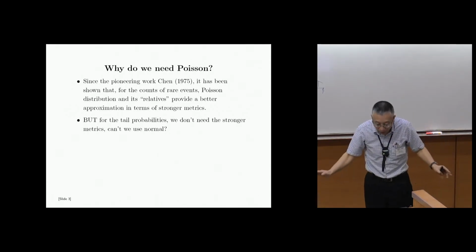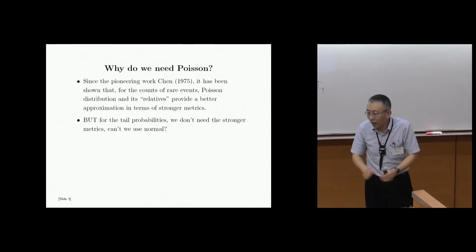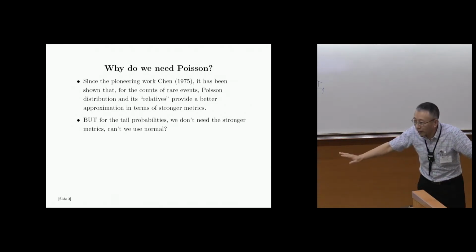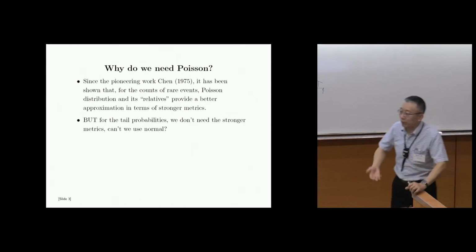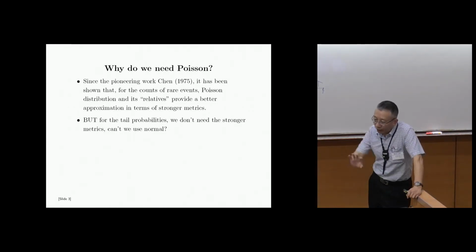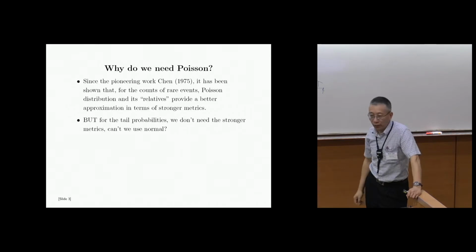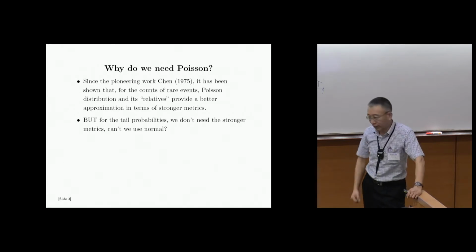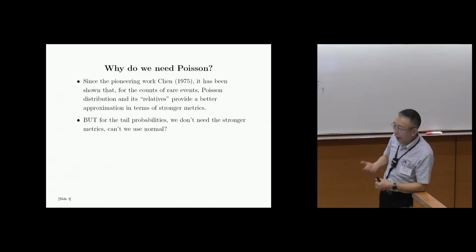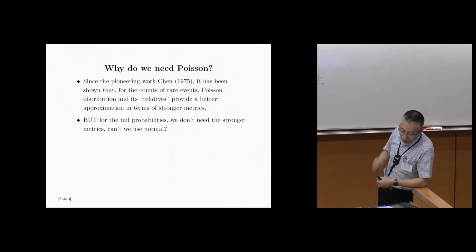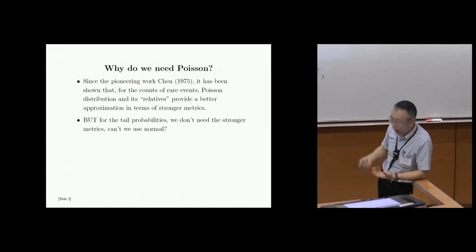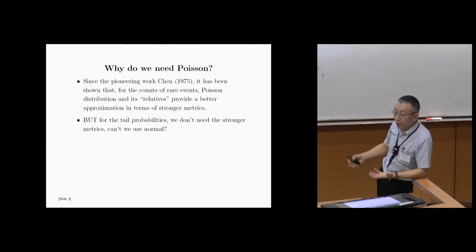And so when your mean and the variance are equal, then if you expand the mean, your variance also expands. So that will give us less flexibility. Somehow you can change the coordination of the mean and the variance to make Poisson fit the problem a lot better. Then we will have results of stronger metrics like total variation,